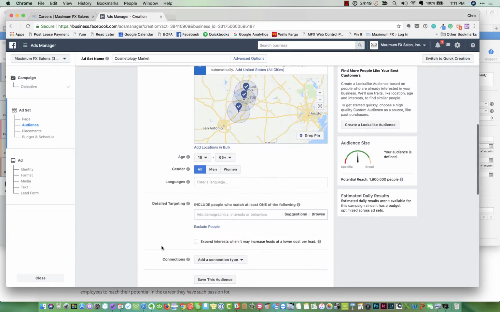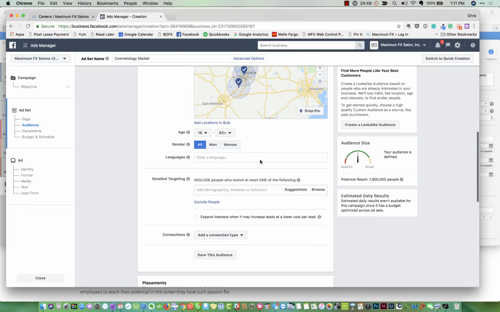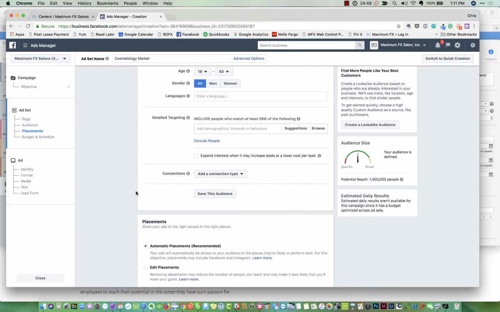All right. And then I'm going to choose 18. I'm just going to leave that there. It's 18 to 65. You can determine what age range you want to put. I'm just going to leave that. Maybe I'll do 18 to, I don't know, 50. And you can choose all men or all women, or you can just select men or women. And then down here, we're going to start putting in our demographics. So I'm going to type in